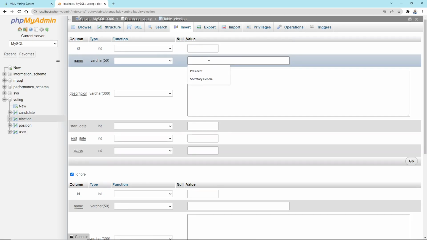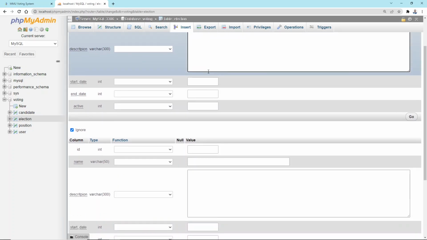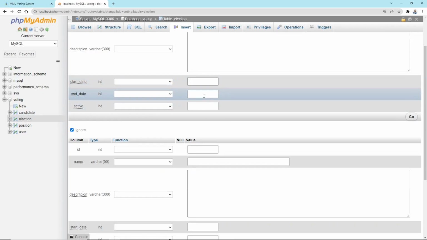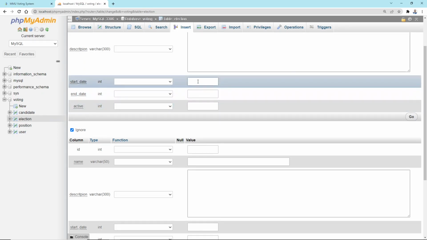So for example, we have the 8th August 2022 general election. Then here we have some description, constitution, blah blah blah. So we can leave that. Remember, for the start date and the end date, we made it an integer, and I'm going to tell you why later. But for now, we're just going to leave it blank. Then it will have a 0. Then we want to put a 1 here on active,